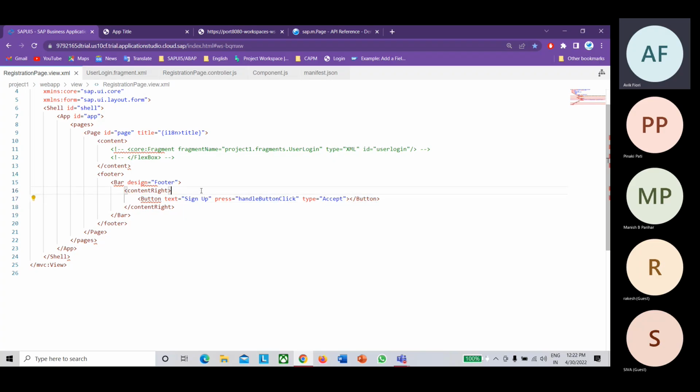For this concept of getting the ID and all, instead of going with the IDs, we should go with the models. If you are binding the models properly, you don't need the ID of any control. The same thing can be achieved with the help of models. So we'll see that model concept maybe in the next session, and how we can reduce these steps.